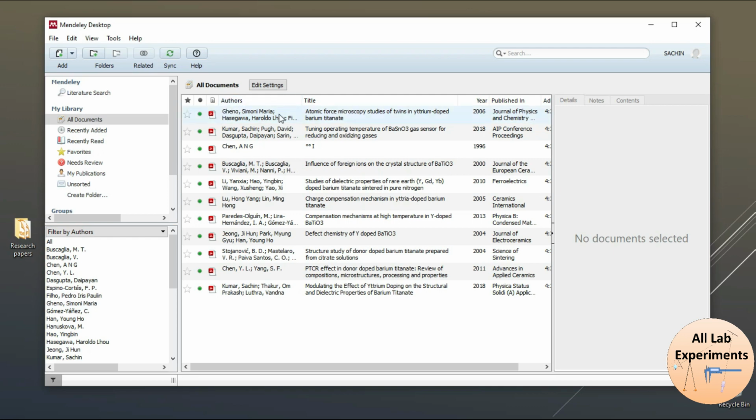Second is authors; these are the authors of the paper. This is the title. You haven't written the title of the paper, but Mendeley has automatically taken it out of the paper so that you can find the appropriate paper whenever you like. Then the year of publication and the journal of publication. In this way there is a complete table in front of you of all the papers which you have uploaded.